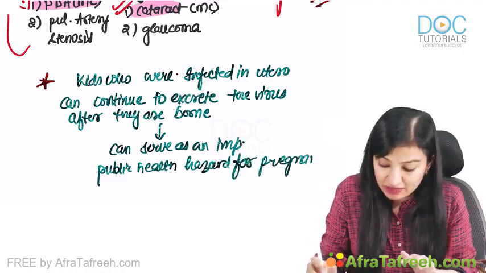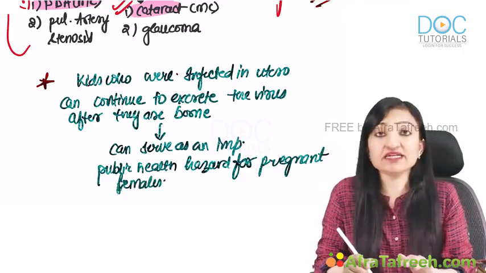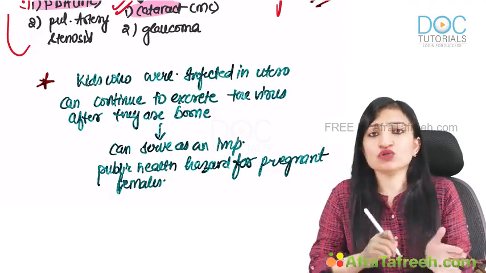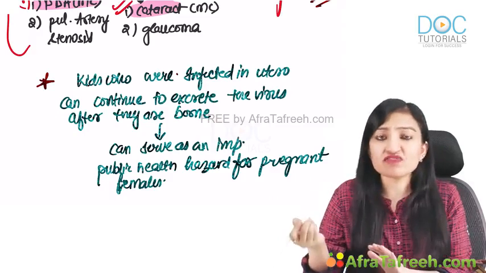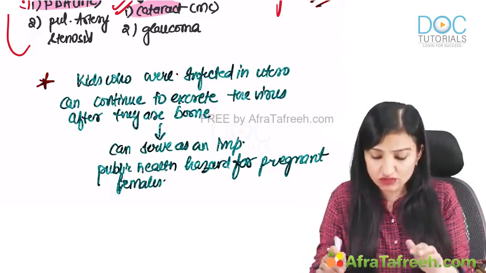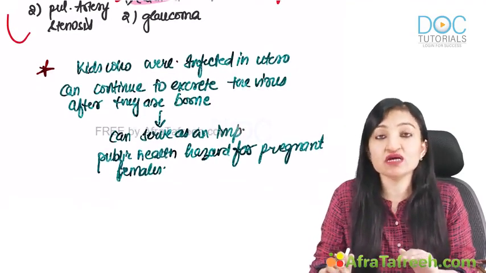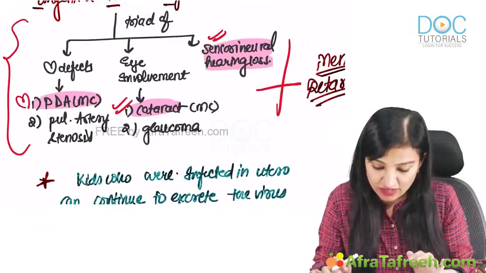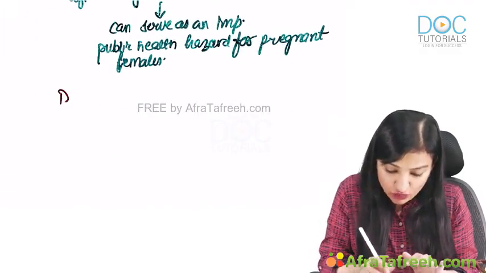Remember, we are more worried about pregnant females in whom, if infection occurs, it can lead to congenital anomalies in the fetus. But in other people, females who are not pregnant or other adults, it is going to be a self-limiting illness conferring lifelong immunity. So we are more worried about rubella virus because of its potential to cause congenital rubella syndrome. Now, as far as diagnosis is concerned,